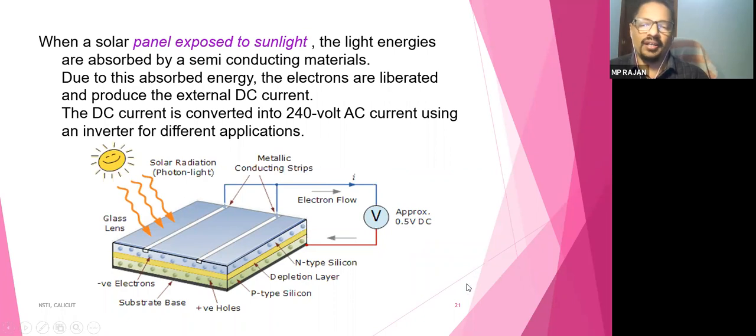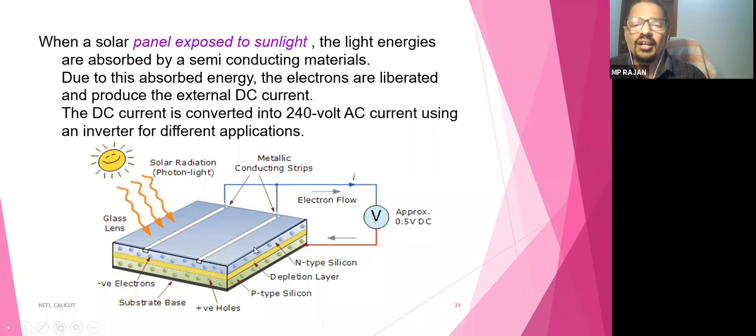Remember this. If you want more voltage, say 10 volts or 12 volts, what do you have to do? All the cells you can connect in series, not in parallel, in series. When you connect two cells like this in series, you will get 0.5 plus 0.5, 1 volt. But the current will remain the same. Okay, so you can increase the current by connecting cells in parallel or by increasing the size of the solar cell. If you want to increase the voltage, you can connect the cells like a battery. We are connecting cells in series to get the required voltage like this.